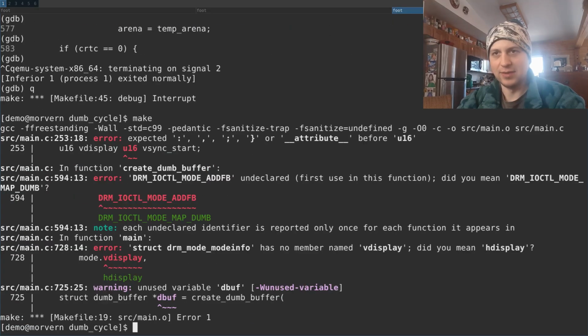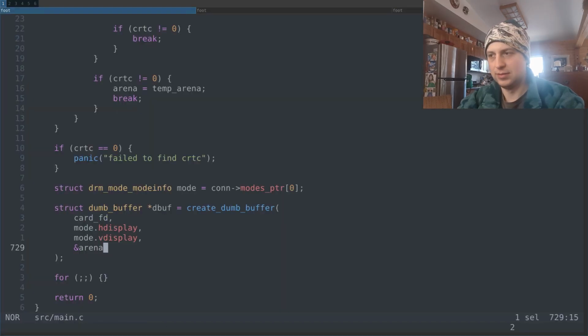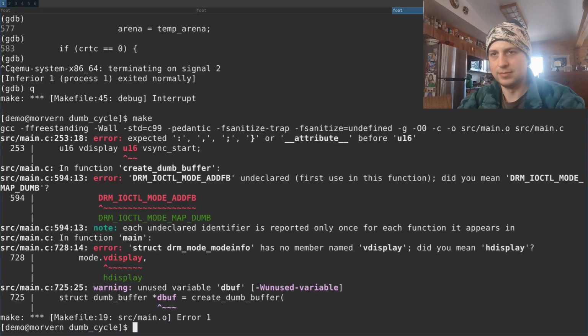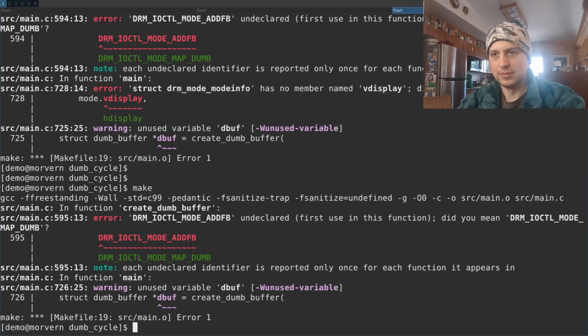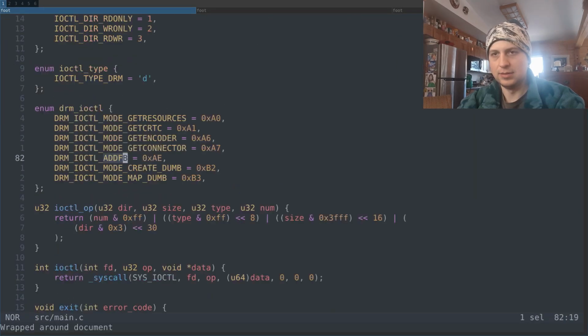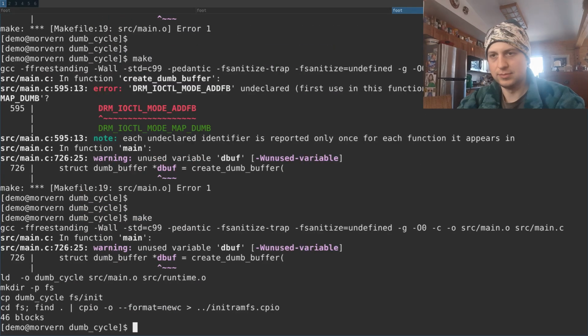So if I make, what do we have here? Oh, did I accidentally delete something? Oh, I accidentally deleted a semicolon. Add FB. Oh, mode. Okay, so if we make debug this,